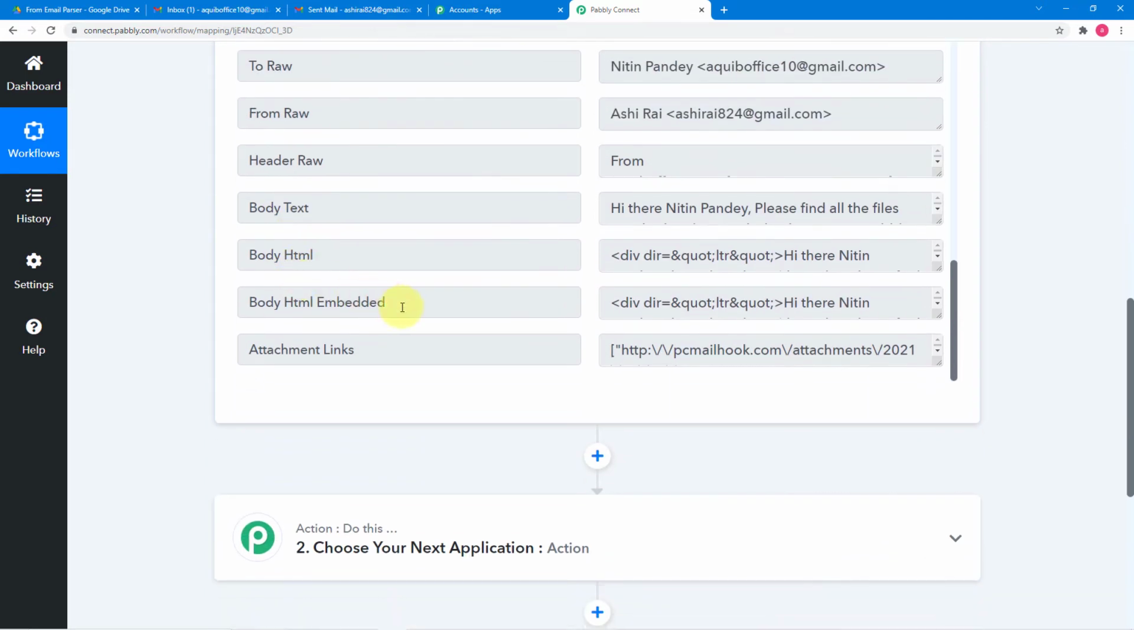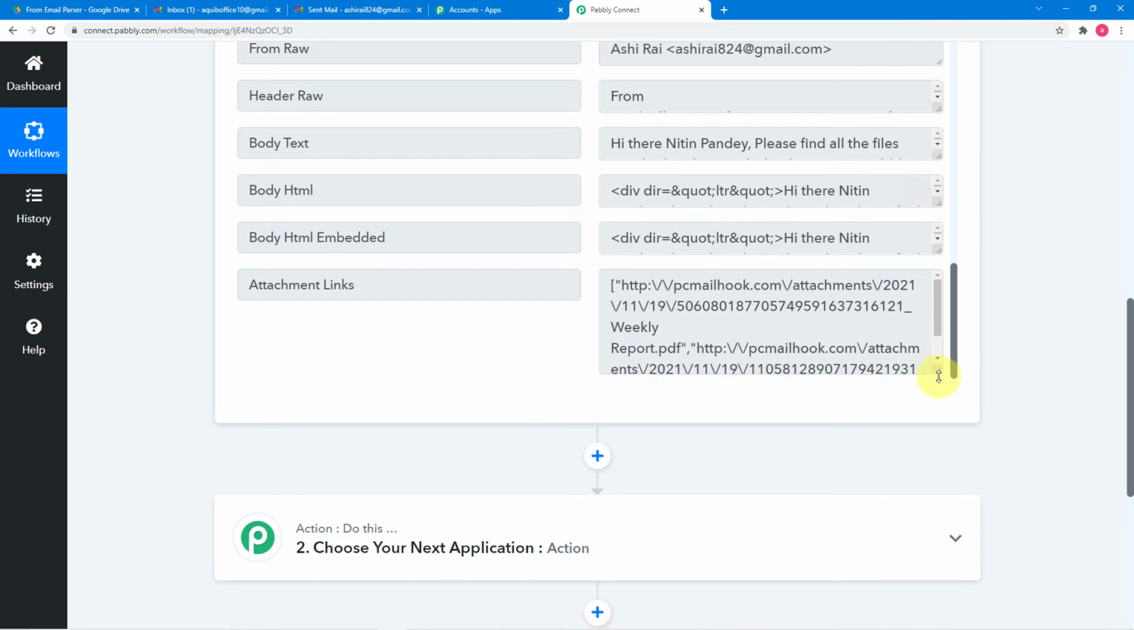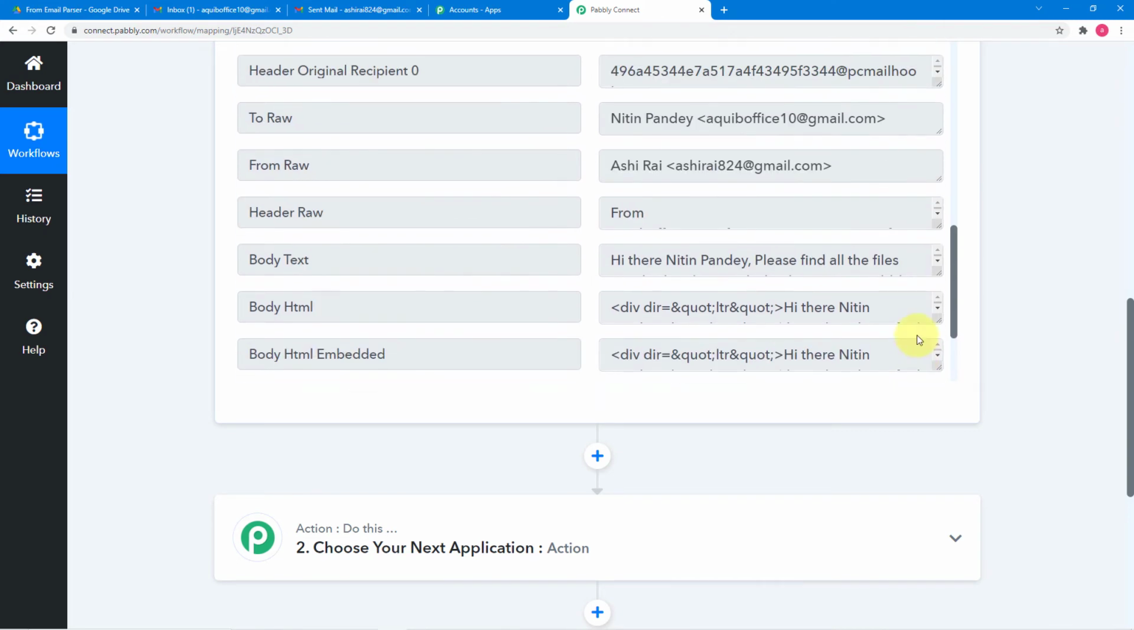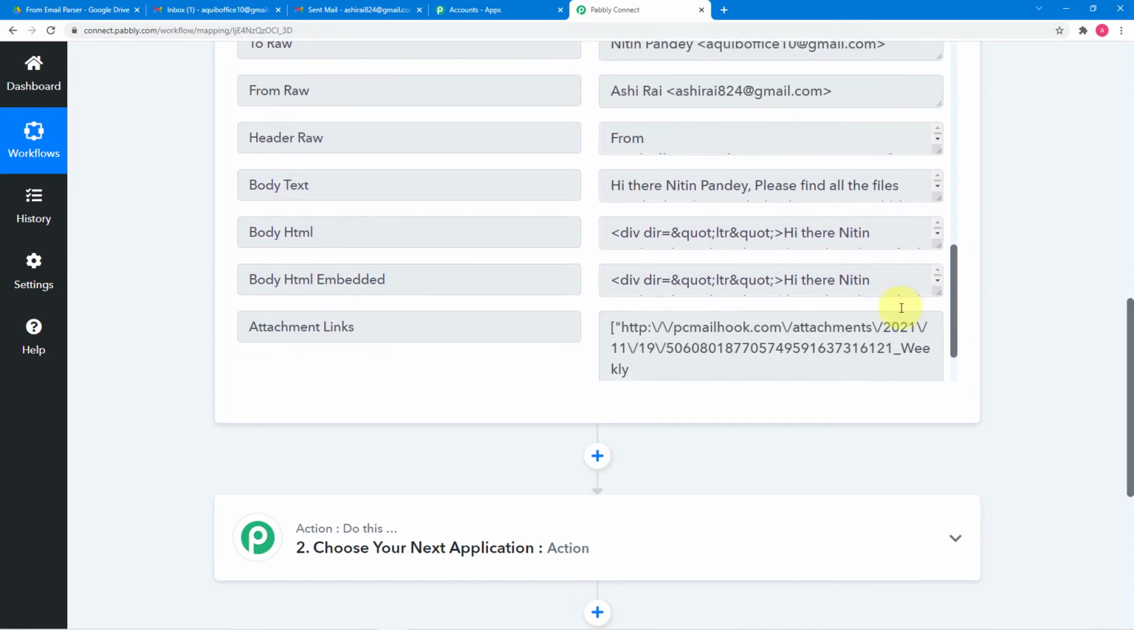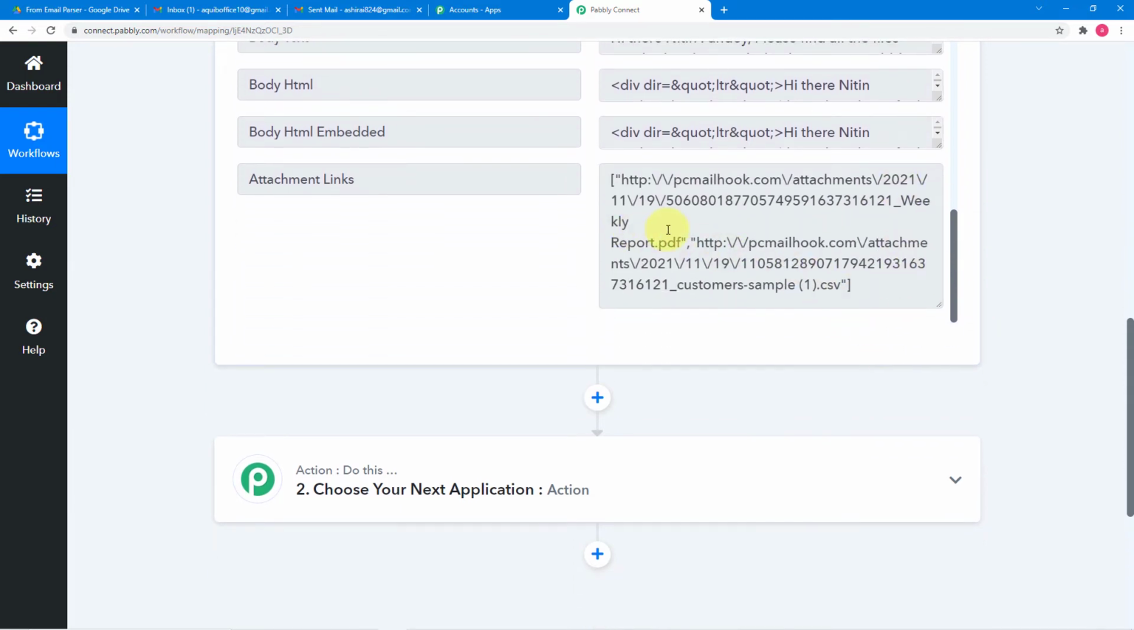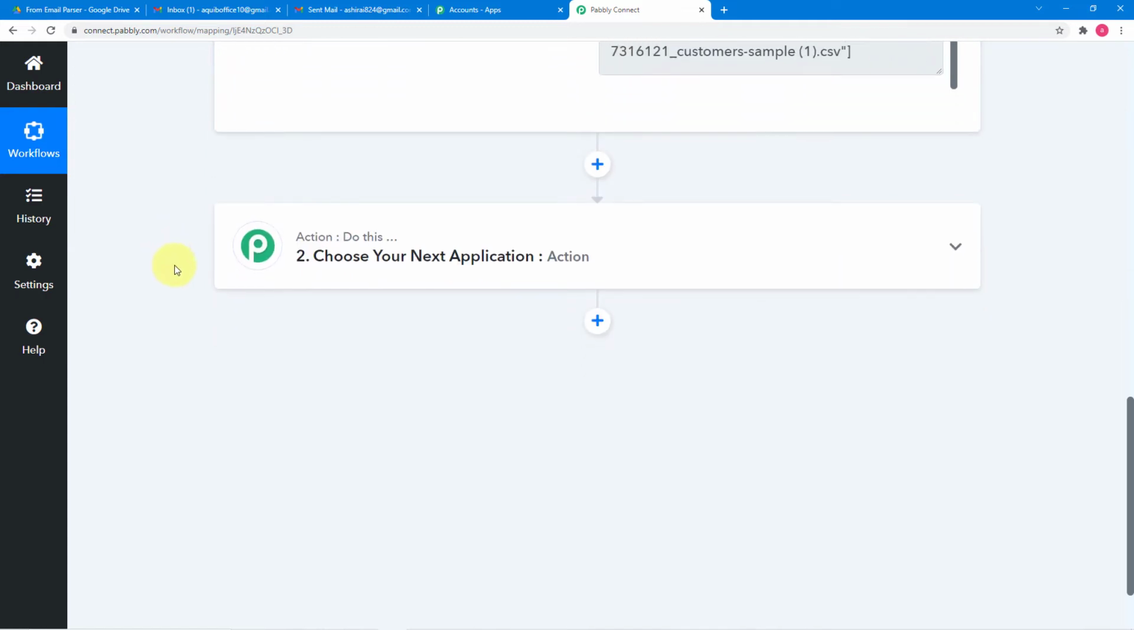And here you can find that in these attachment links you will find the attachments. So these are the attachments we have in our mail, which you'll find in these attachment links in this array format. You can see here. Now what we are going to do, we are going to apply a function by Pabbly